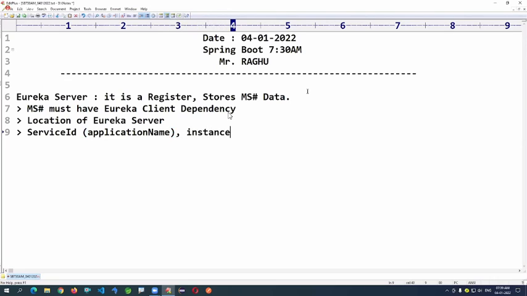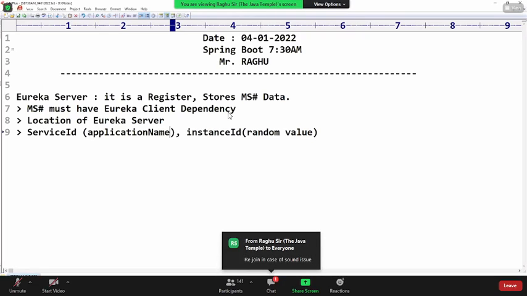Instance ID is nothing but a random number, optional in case of a single instance. So here you can see the service ID and instance ID that we have seen.